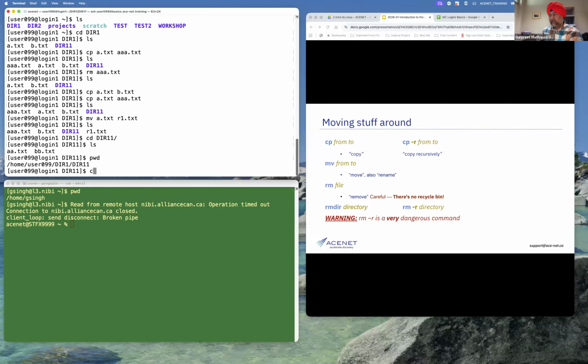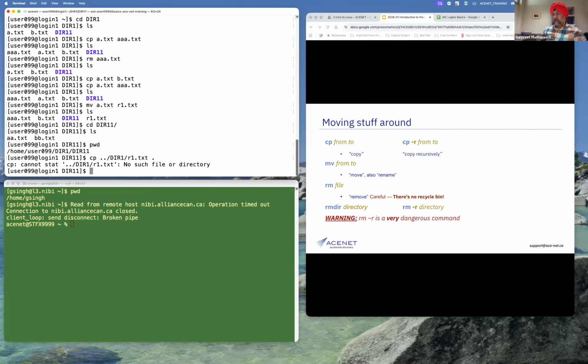The first argument is the source: dir1 and then the file name r1.txt. After a space comes the destination. I want to copy it right here, so I press dot. Take that file from one directory up and paste it right here.